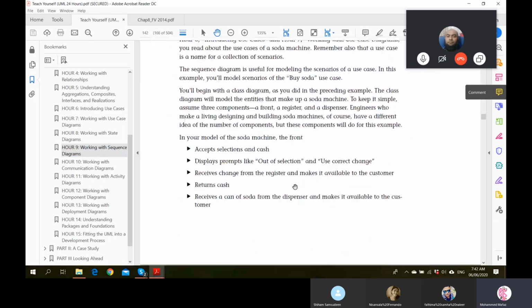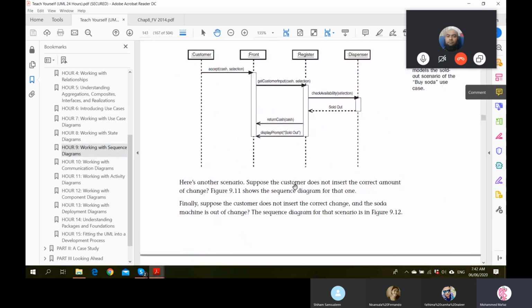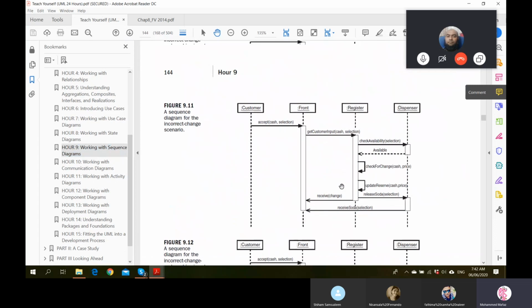So guard condition is a way to say that something happens only if this condition is true. We learned that